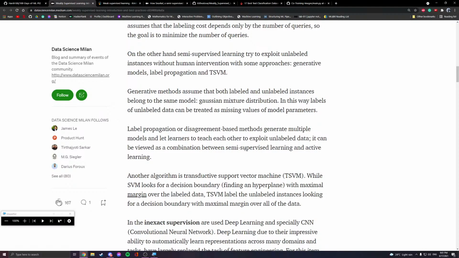Generative methods assume that both labeled and unlabeled instances belong to the same model, such as a Gaussian mixture distribution. And I think that's what co-training falls under. In this way, labels of unlabeled data can be treated as missing values of model parameters. Label propagation or disagreement-based methods generate multiple models and let learners teach each other to exploit unlabeled data. Okay, hold up, never mind. Label propagation is co-training,